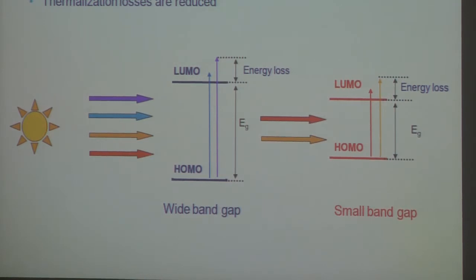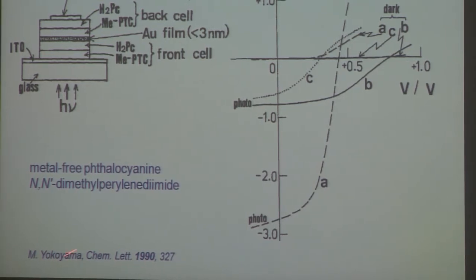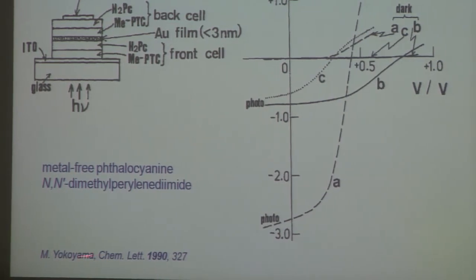That is maybe not practical, but tandem cells or triple junction cells, or even higher, are definitely possible. Now, also organic tandem solar cells are not new. This is a paper from 1990, published in Chemistry Letters, a Japanese journal, where at that time already, more than 20 years ago, people made an